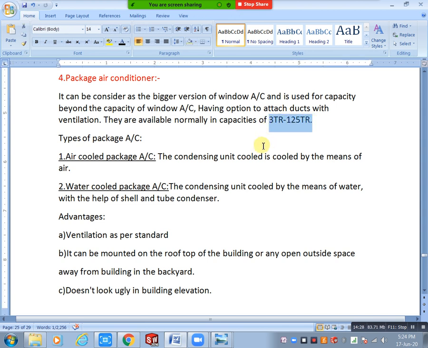Next, in these types of package AC, we have two types. What are they? Air cooled package AC and water cooled package AC. Okay, we have two differences actually. At present, in most situations we are using air cooled package ACs. Okay, if you need chilled water, you can use water cooled package ACs. Okay, this topic I will